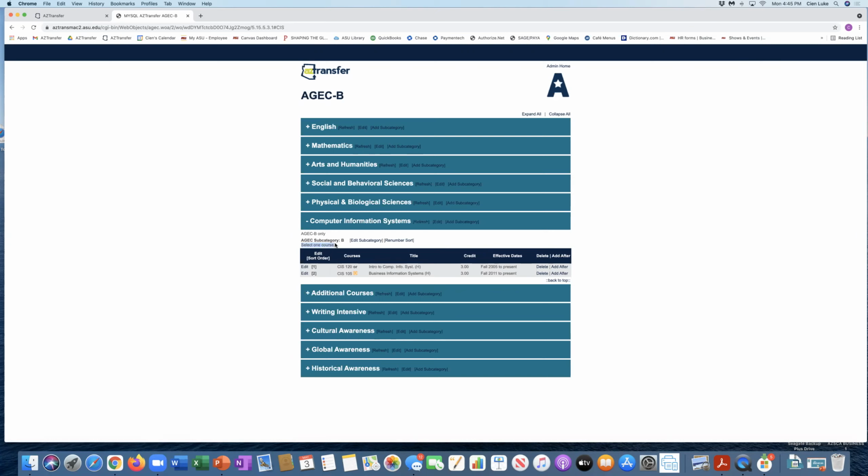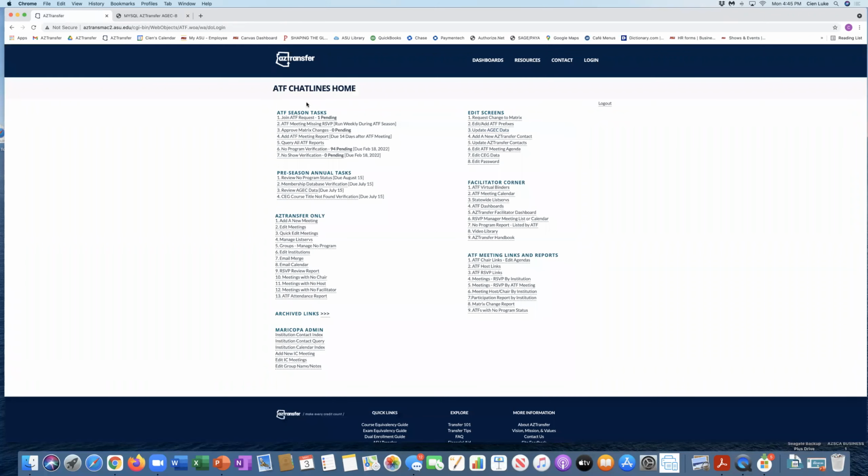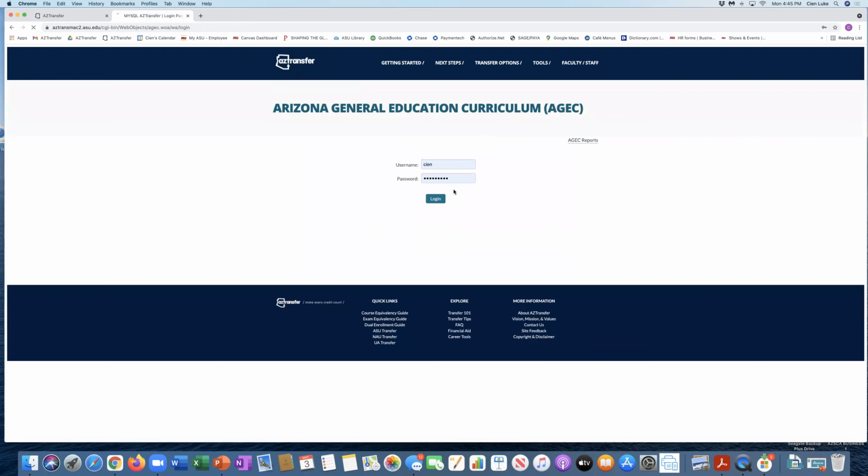Please be sure that these instructions are accurate as of today's date, and edit the course selection as needed by adding or deleting or editing the courses as they now appear. Once the AGEC-B has been filtered through and verified, each of these categories has been verified. Go back to the chat lines. Number 3, update AGEC data. Put in your password